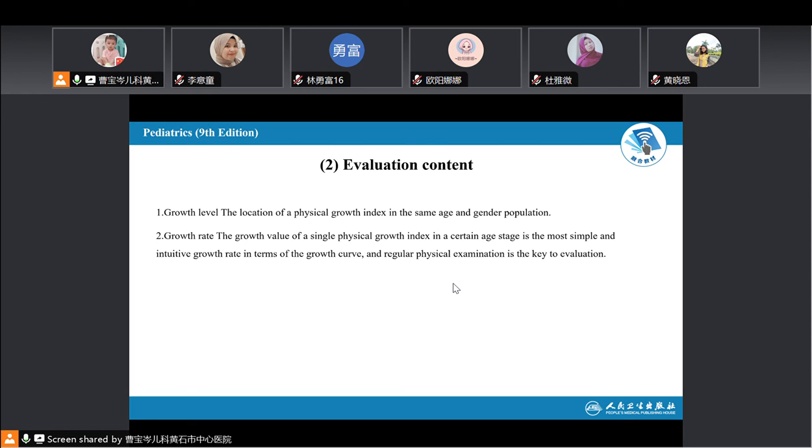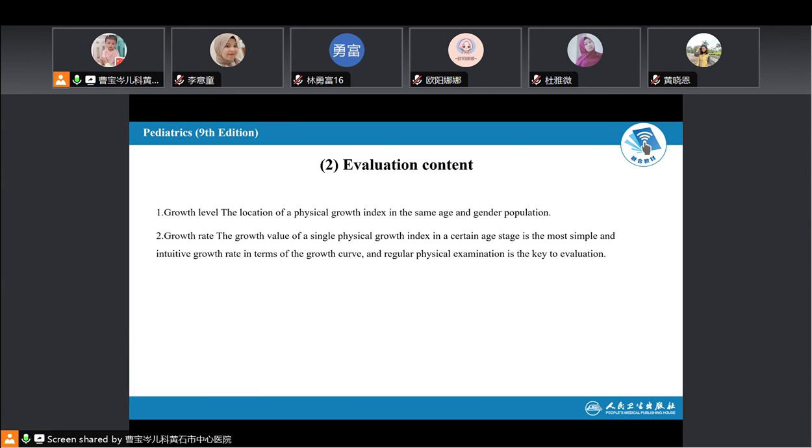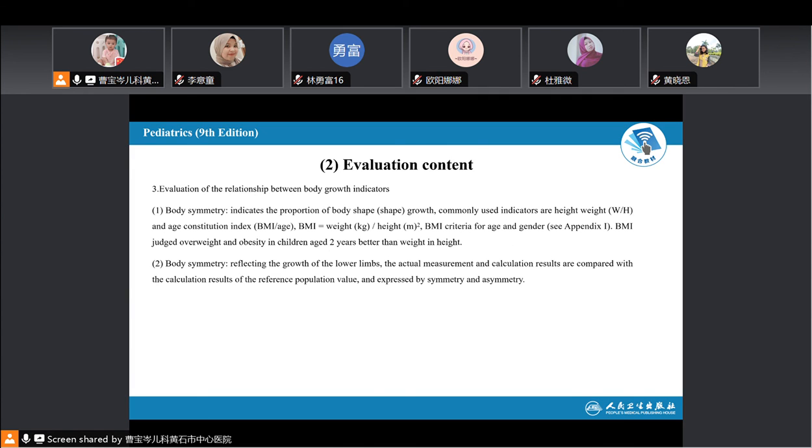The most simple and intuitive method is the growth curve, and regular physical examination is the key to evaluation. 3. Evaluation of the relationship between body growth indicators: body symmetry indicates the